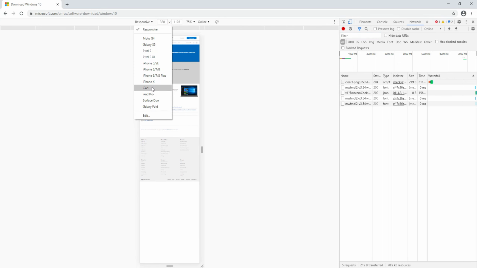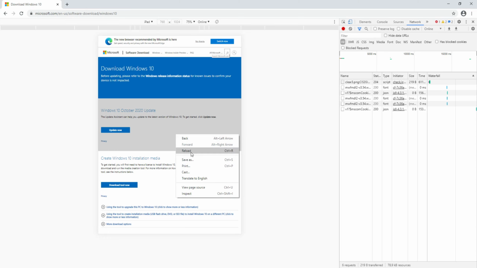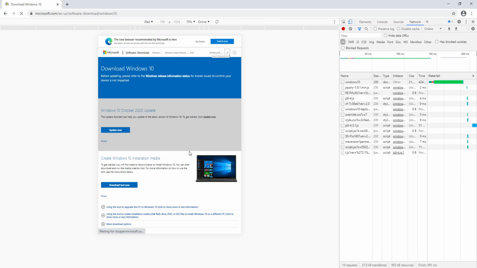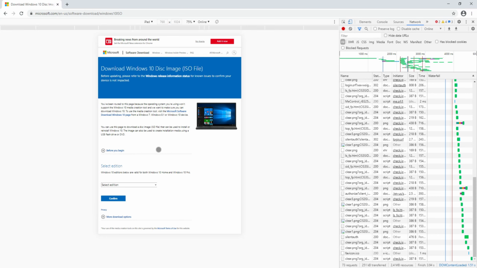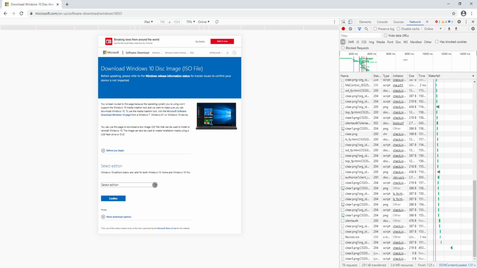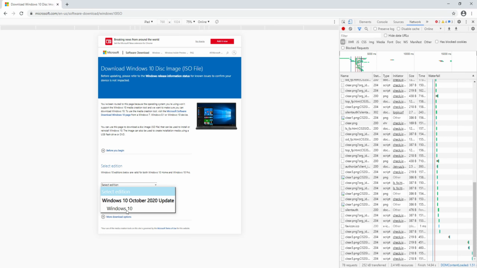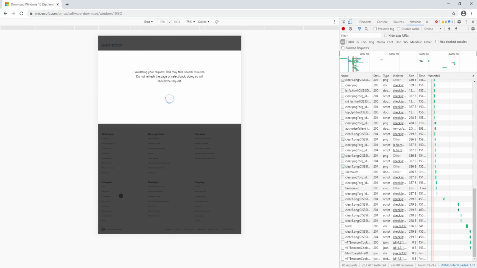We'll just select iPad. Once you've selected the device, what you can do is just right click on the screen and just hit reload. Now you'll notice that download tool option has vanished and you're able to download a Windows 10 ISO file. So from here just select Windows 10, hit confirm,